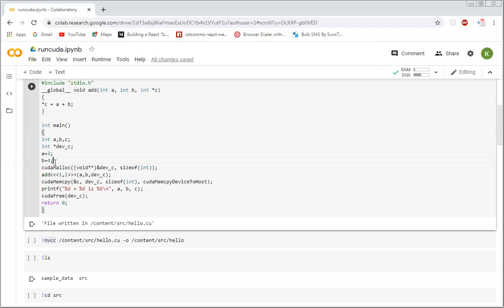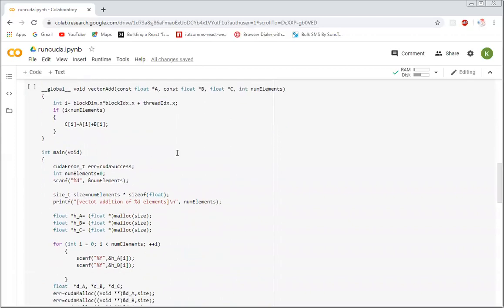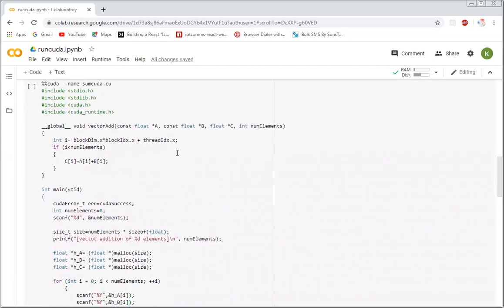In case of a vector, what happens? We have n number of values, and what does the GPU have? The GPU has n number of threads. So if you pass this array to the GPU, it will take just the time it would take to add one variable, isn't it? So let us see what we can do for addition of a vector. This was a simple program for addition of a vector. What we have here is these header files, no issues.